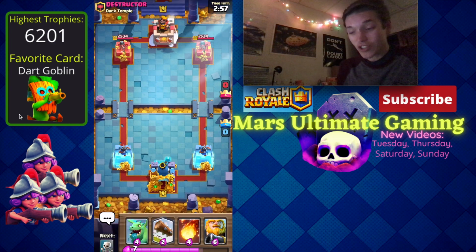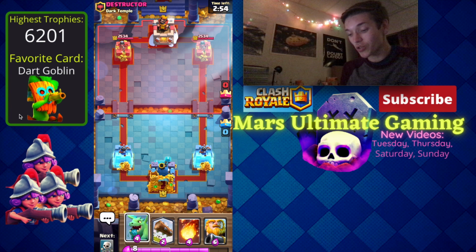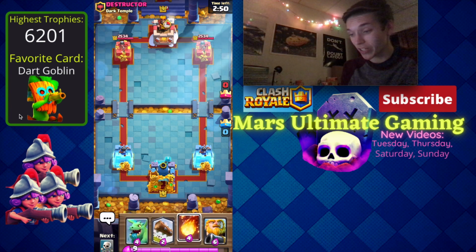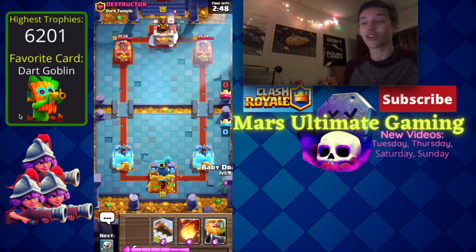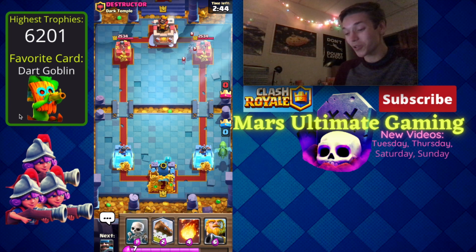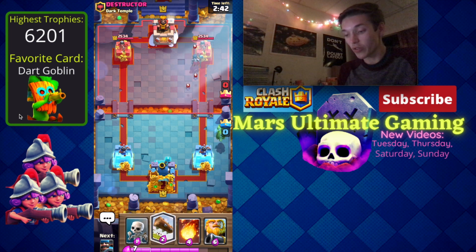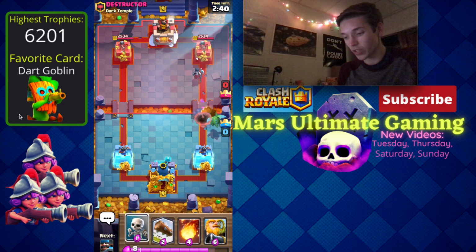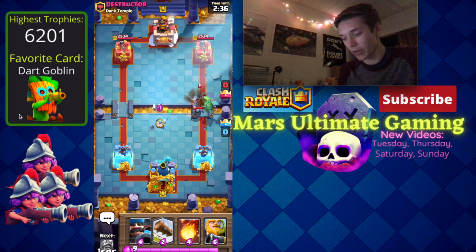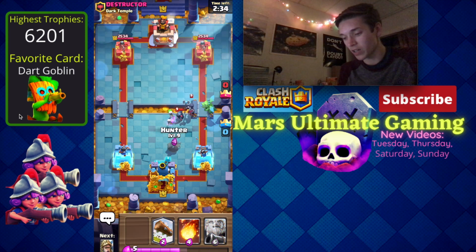Alright guys, let's see if Destructor here has any sort of chance against this deck. I like this starting hand. I can just wait to see what he plays, and he's going to go in for a Night Witch though, so I don't really like that. If this is Golem or Elixir Golem, it's going to be a tough matchup. We do have Fisherman, though, so we'll see if he goes in for one of those two things. And he's actually just going to go for a Mini P.E.K.K.A. So, wow, we can Skeletons, and then maybe...